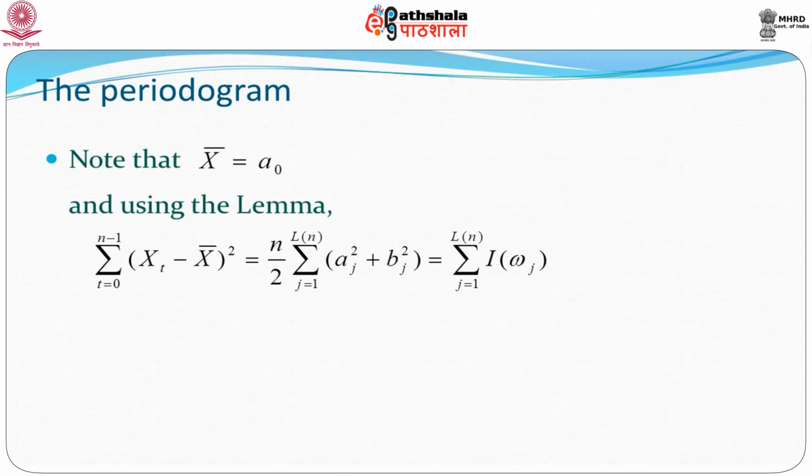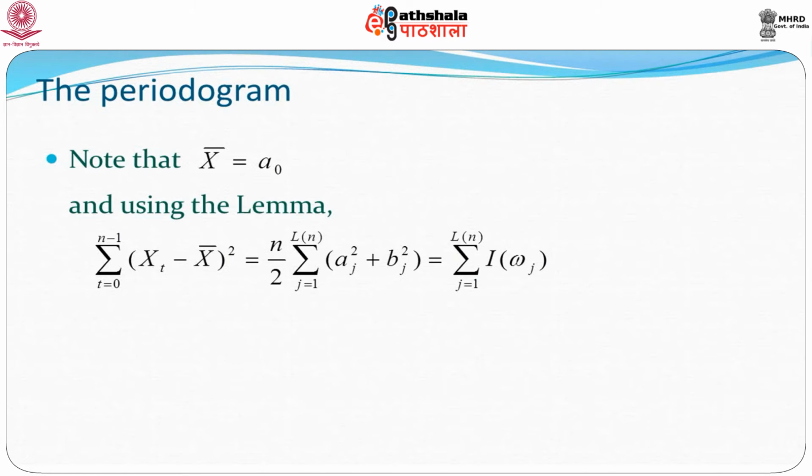Then using the lemma, we can show that the summation over t of (x_t minus x bar) squared, which is the total variability, the variance times the number of observations, so it is n times the variance, comes out to be equal to